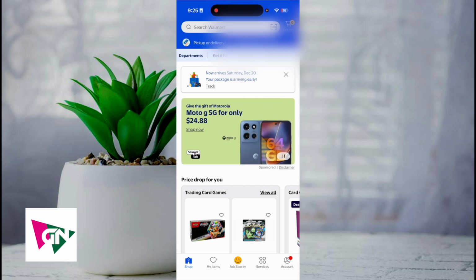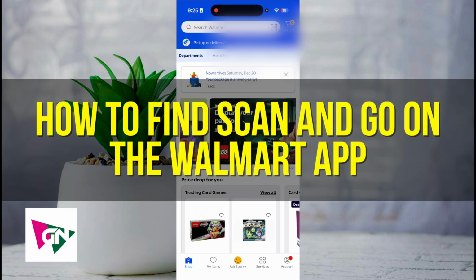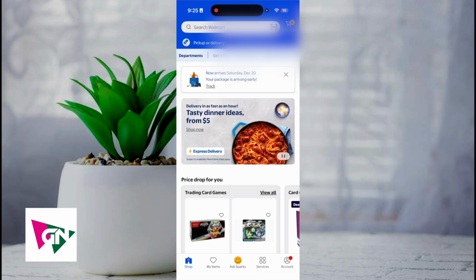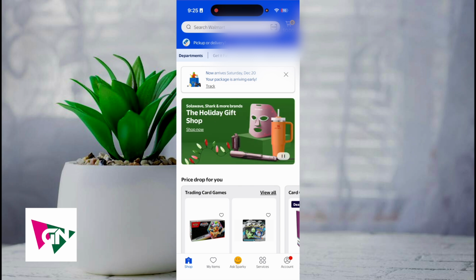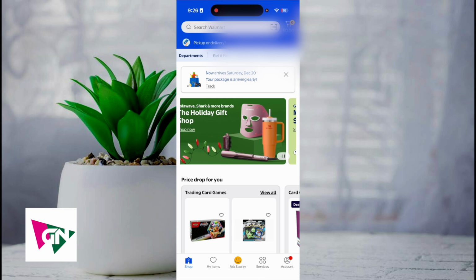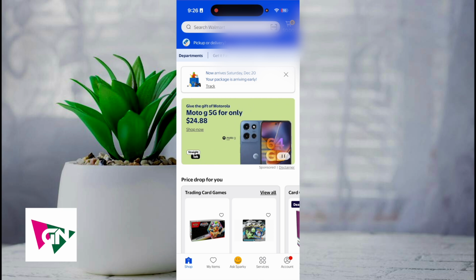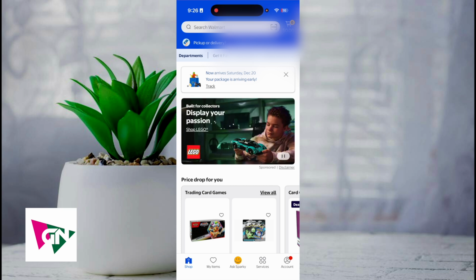In this video, I'm going to be going over how to find Scan and Go on the Walmart app. Now, this video is going to be particularly useful for individuals. Let's say that you want to go ahead and use Scan and Go at the Walmart app. How do you actually go about doing so? Now, Scan and Go is basically going to make it easy for you to shop where you could actually just pick up an item, scan it, and then go ahead and place it in your bag